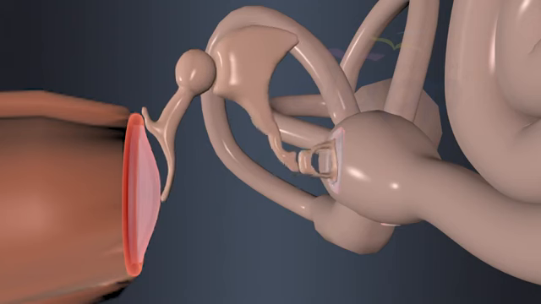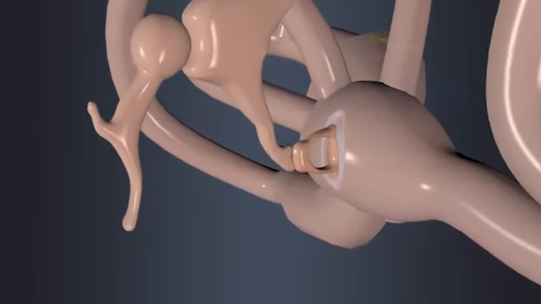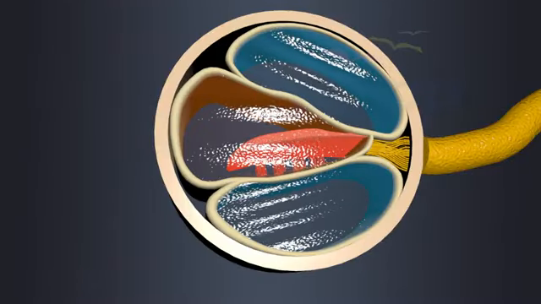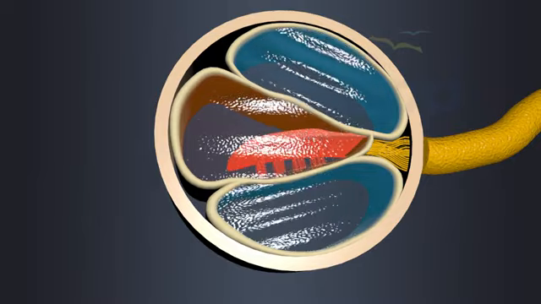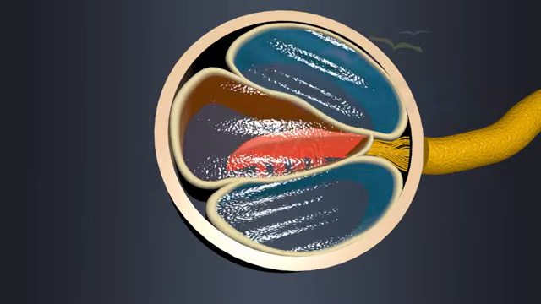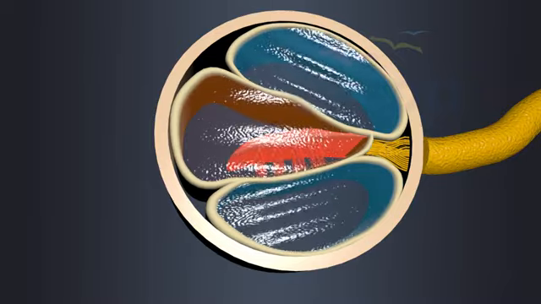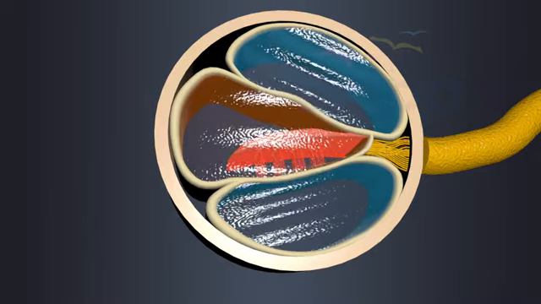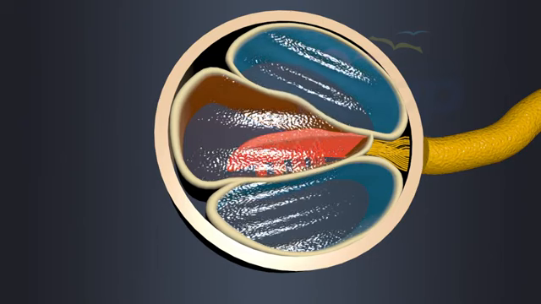The vibrations from the tympanum are transmitted through the bones in the middle ear to the oval window that connects the stapes from the middle ear with the inner ear. The vibrations from the oval window cause ripples in the perilymph of the scala vestibuli. These vibrations travel through the scala vestibuli and reach the scala media, or cochlear duct, and cause ripples in the endolymph within the cochlear duct.